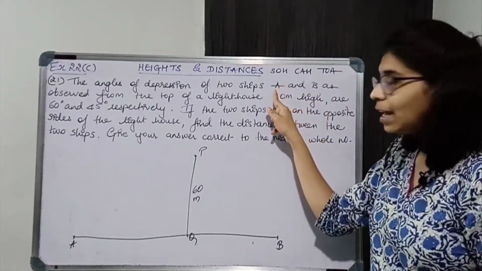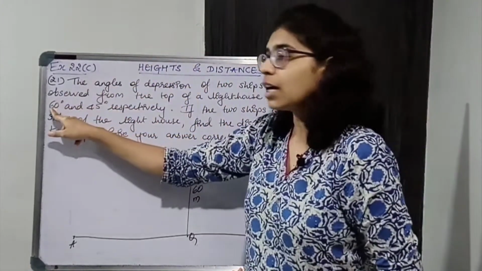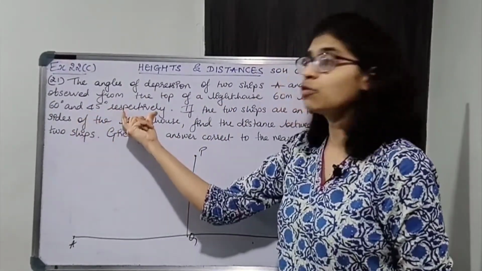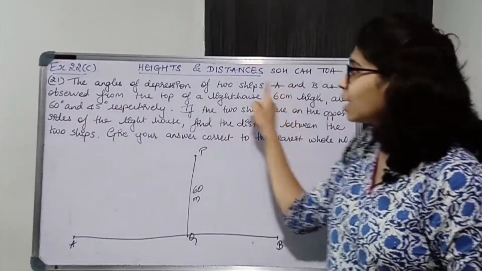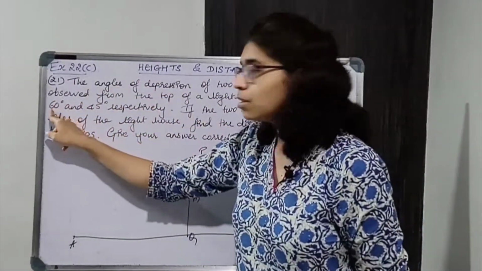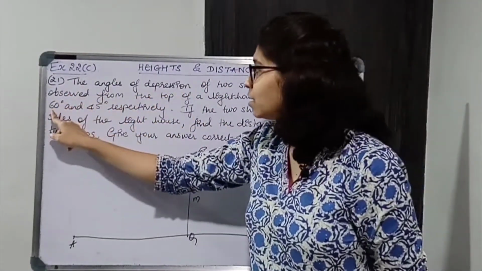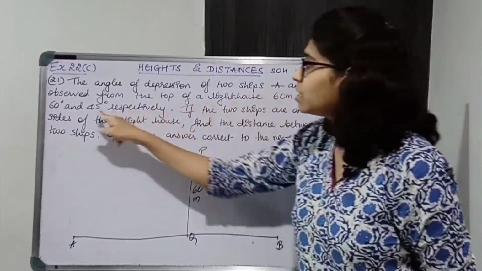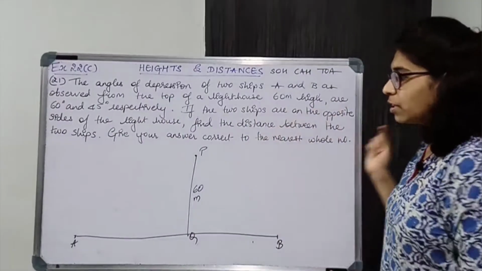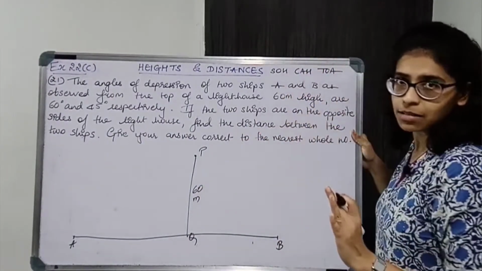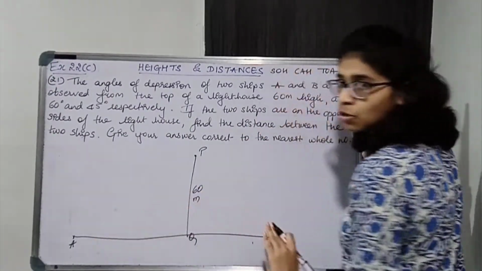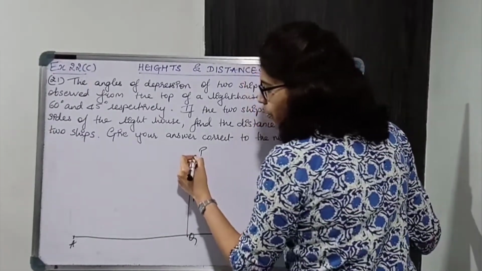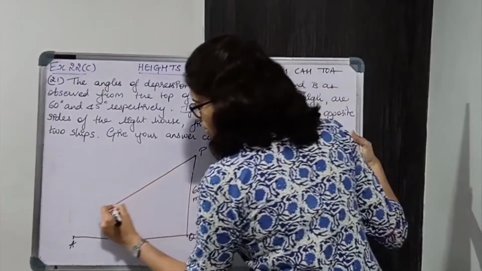Okay, so A का angle पहले आएगा and then B का angle आएगा because it is given over here respectively. So A का angle, A पहले है तो angle पहले वाला लेंगे. So A का angle is 60 degrees. So angle of depression of A is 60 degrees and B is 45 degrees. Okay, so be careful with angles. It does not matter whether you switch the sides or not. Angles should be correct.